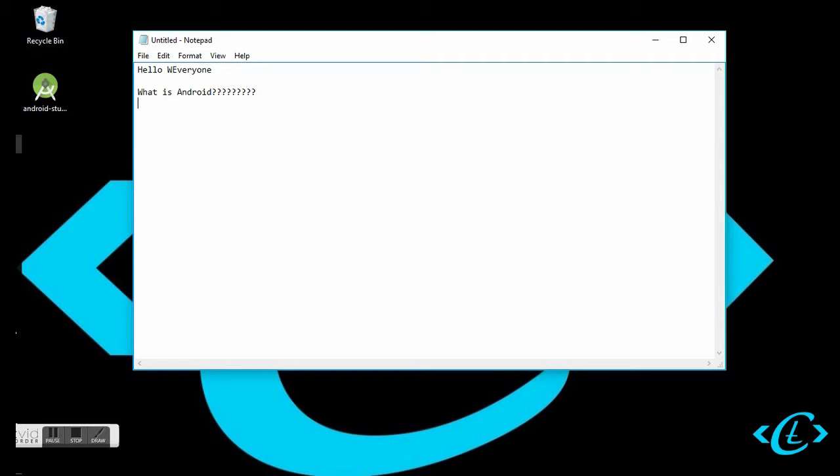Android is actually an operating system that is based on Linux kernel. Android is developed in AOSP project, that is Android Open Source Project, that is led by Google. Now this whole operating system is divided into 4 tiers. First one is applications tier, second one is framework tier, third one is libraries and runtime libraries tier, and fourth one is kernel